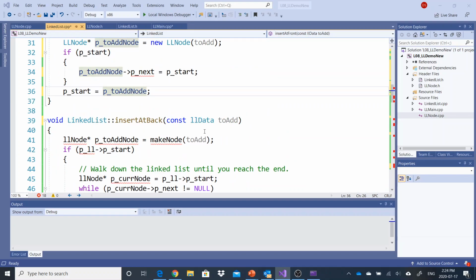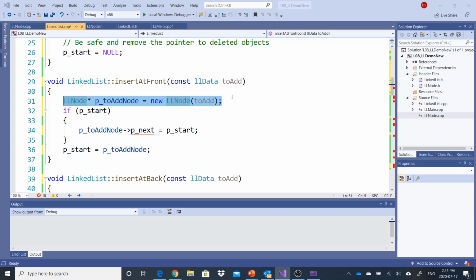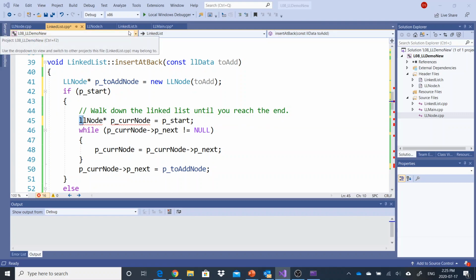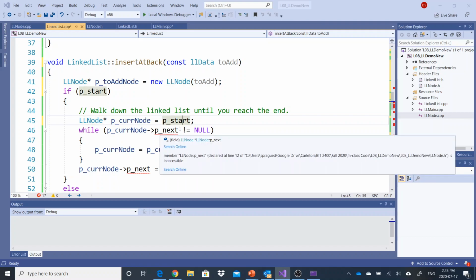I have this new node here. Okay, I make a brand new node. I figure out if I have a starting position. If I do have something already in the linked list, I need to walk down my linked list as I go, and it will be LL node. Okay, I'm going to take my starting position. I'm going to keep on going to the next, to the next, to the next, as long as the next